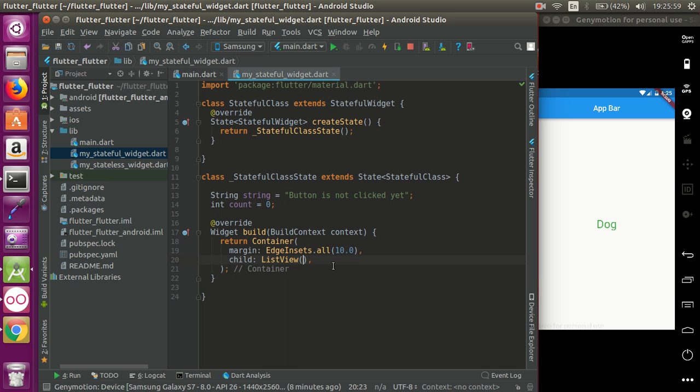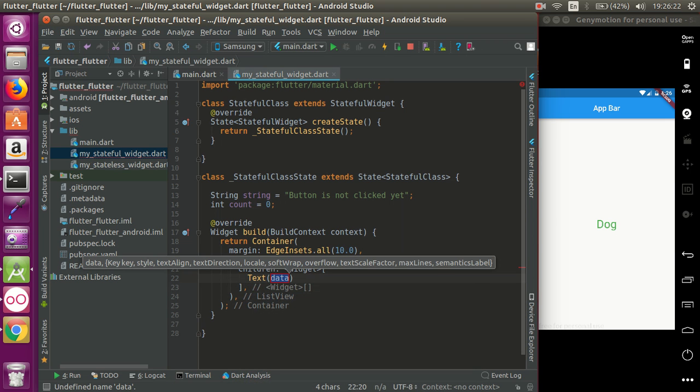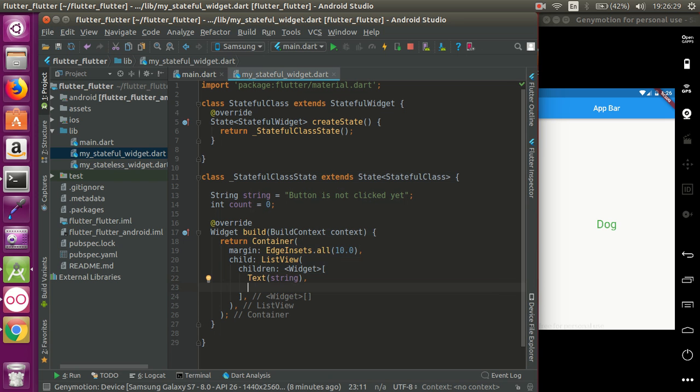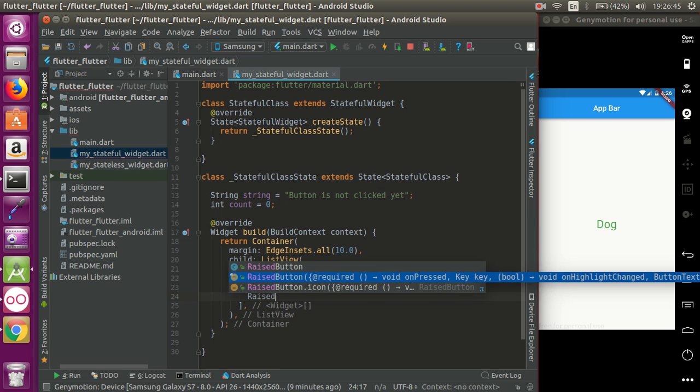Okay, now let's use a Listview, and inside this Listview I am going to use a text widget and a button widget. First of all, use the text widget. I have to use this children property. Inside this I have to put my desired widgets one by one. First one is a text widget, and as a text use this string. Okay, now to separate the text widget and the button widget, I can use a padding widget. Padding 10.2. Okay, and let me create a raised button,